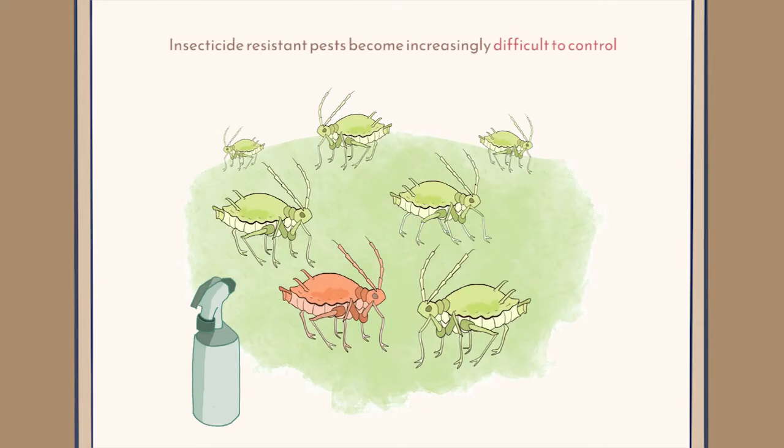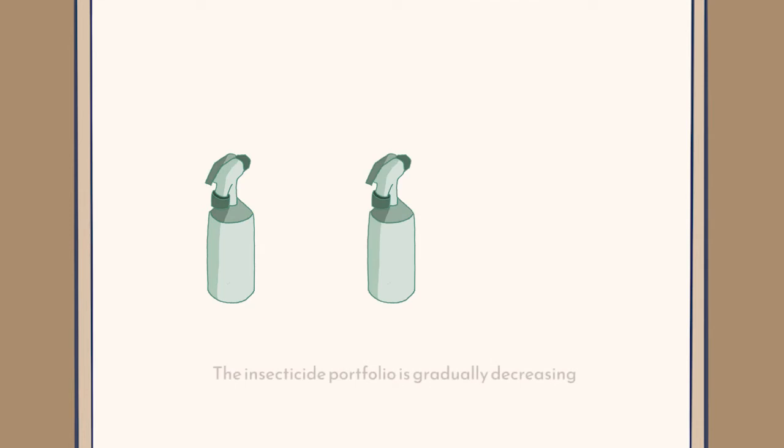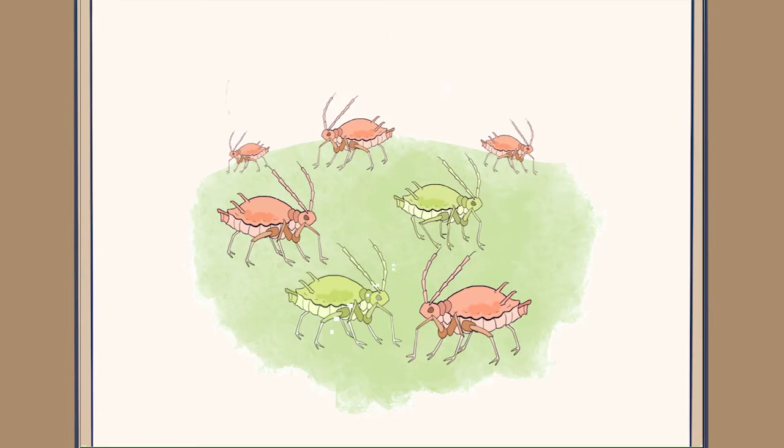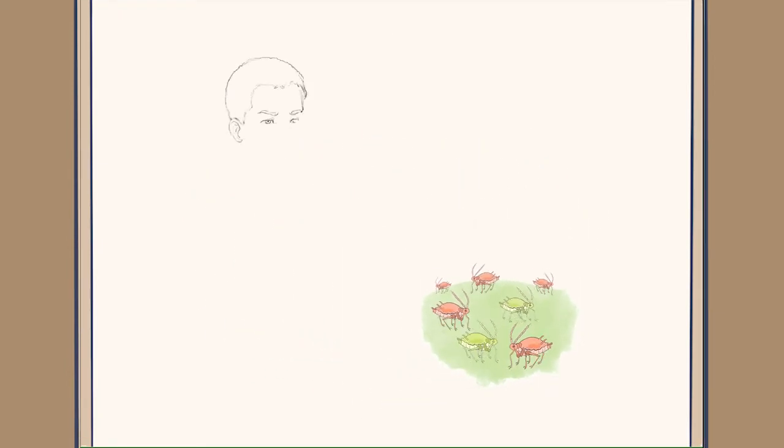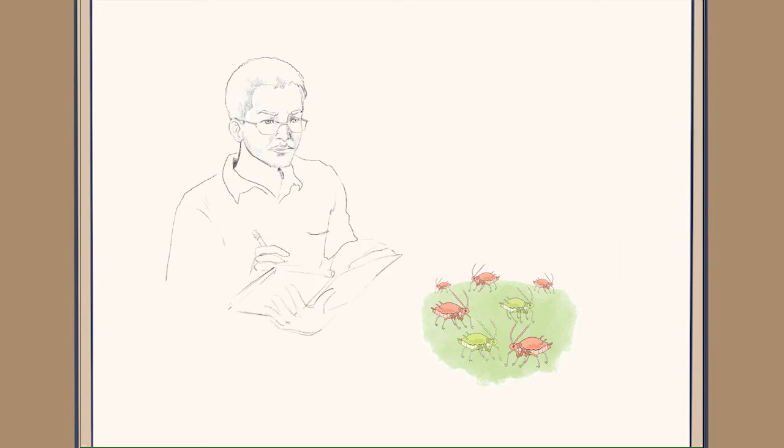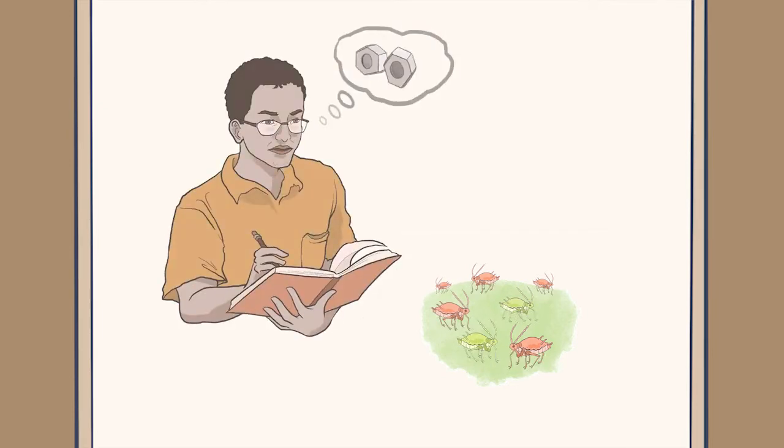It makes insect populations much harder to control, and it reduces the number of insecticides that we have available to use against them. If we are to understand which pest populations are resistant and what they're resistant to, and in turn make decisions about which insecticides we can use for control, we need to be able to detect and diagnose